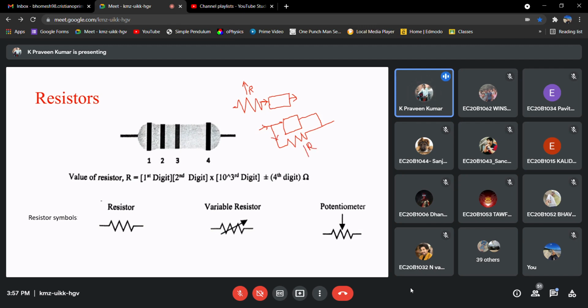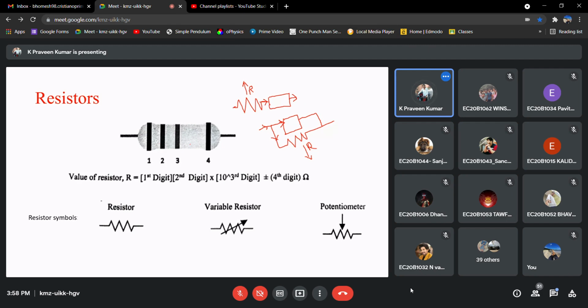So if I maintain this resistance as very less, most of the current will be flowing through this device and very less current will be flowing through this device, right? So this is another way. That depends on our application, right? Whether we want to bypass this entire current through some other circuitry, or we want to reduce the current that is flowing through our actual circuit. Based on that, we'll be connecting this resistor in series or parallel, or maybe a combination of series and parallel.